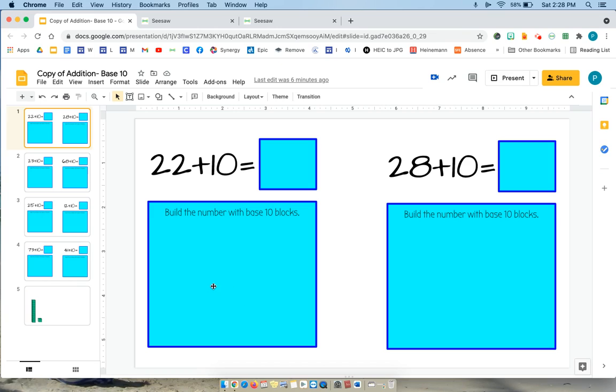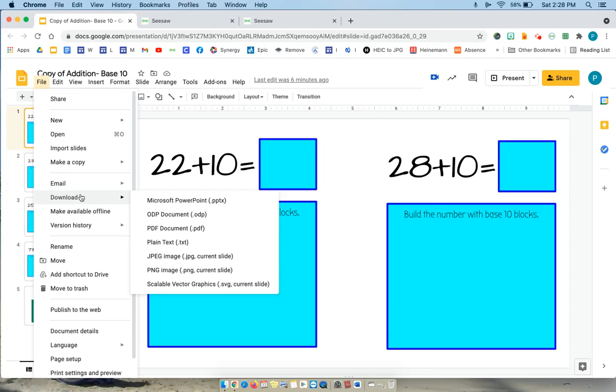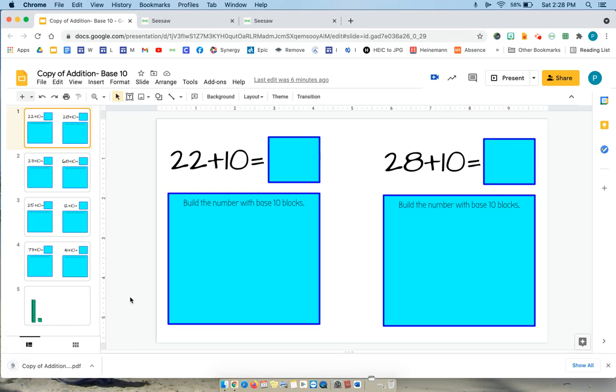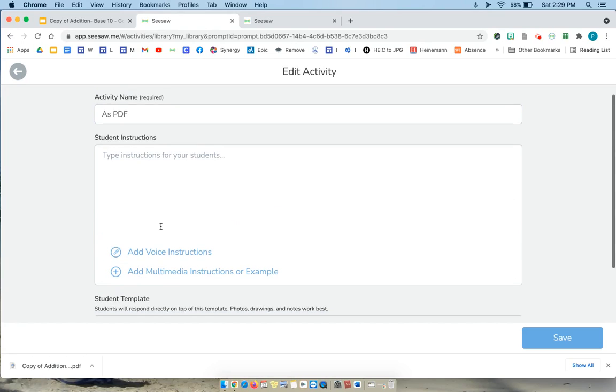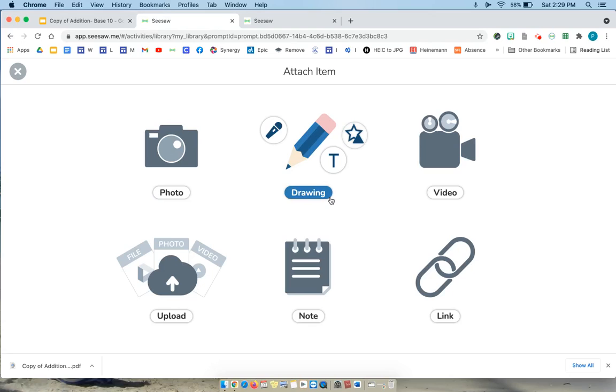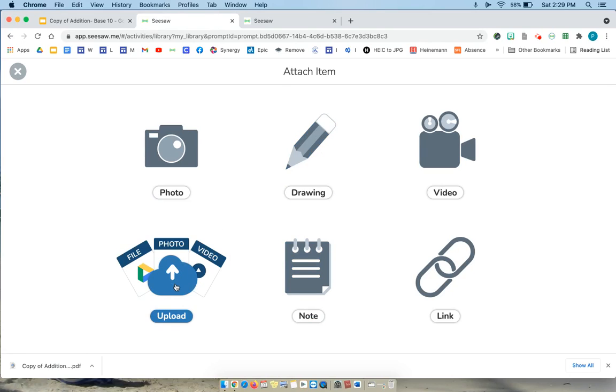Without having to take a picture of every single slide, take your file, download it as a PDF. So I'm going to choose PDF. And now you can see it says my PDF is right down here. So I'm going to go into Seesaw. I am going to attach it as a template and I am just going to say upload